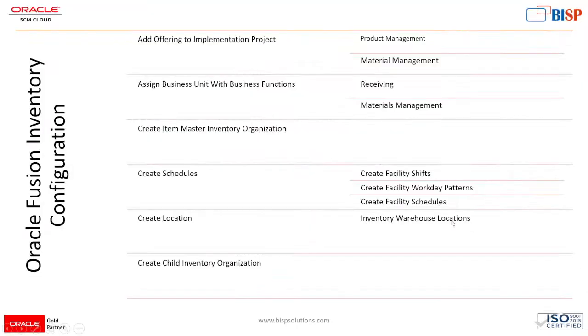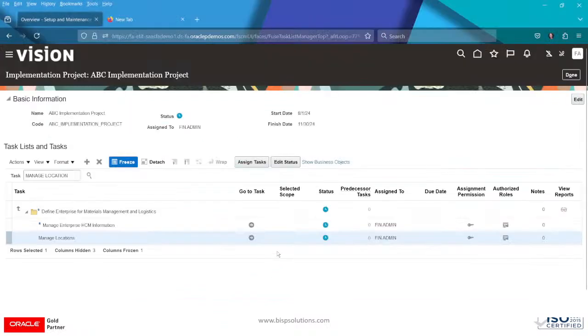So what is next? That is create inventory. The warehouse location we have created, and we will now create the inventory organization, right? So that is the child inventory organization. So let's search with the task name called inventory org,